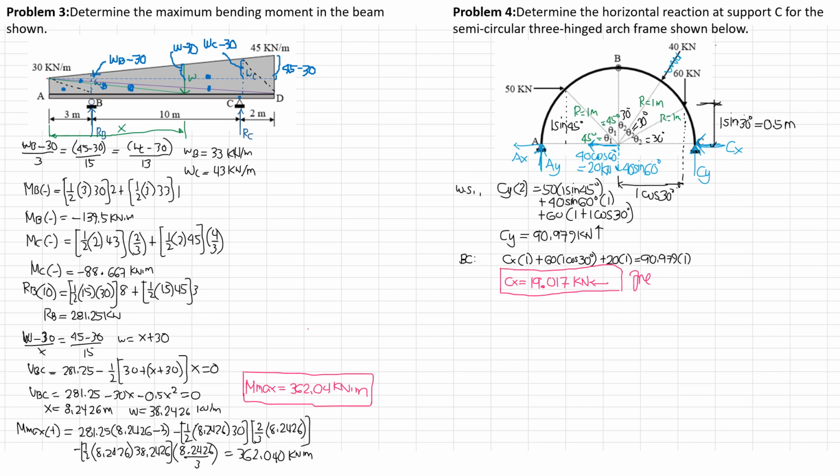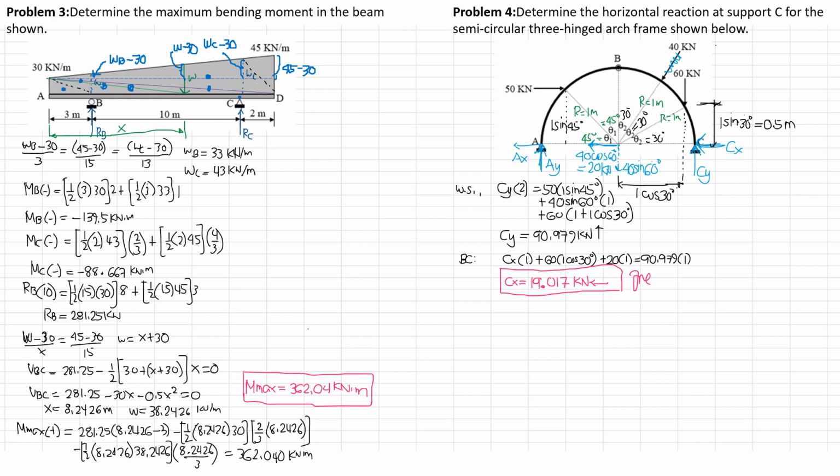The other values are absorbed. So from there, W is x plus 30, so 8.2426 plus 30, 38.2426 kilonewton per meter. So the maximum moment here is simply we sum up moments about that section immediately. So it is RB, 81.25, times quantity x minus 3, so 8.2426 minus 3, that distance there, then minus